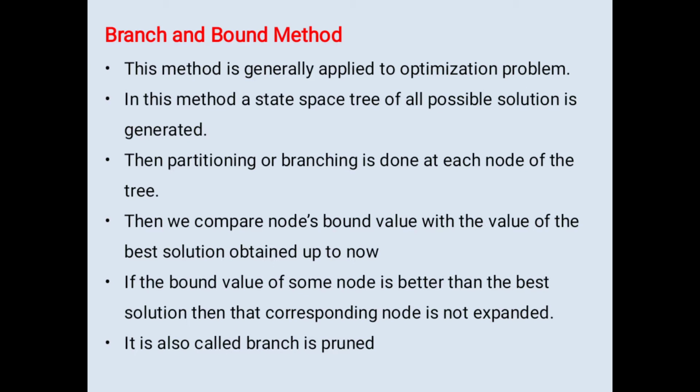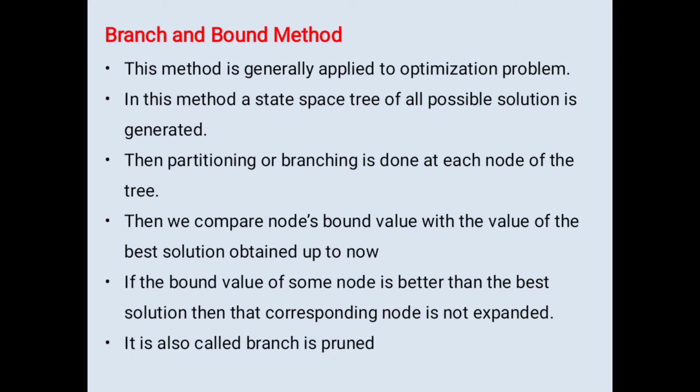Okay, so the branch and bound method fully concentrates on the state space tree. What is the meaning of state space tree? That means there is a problem, and the problem has many solutions. All the solutions are represented through the state space tree, a tree containing more than one node. All the nodes are referred to as possible solutions of the problem. So the state space tree generates a large number of nodes, that means solutions are generated.